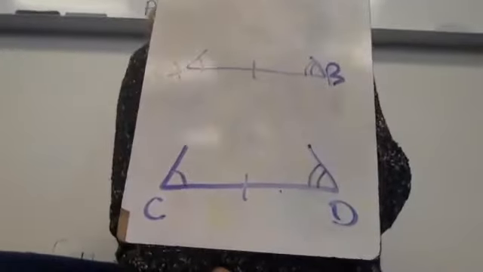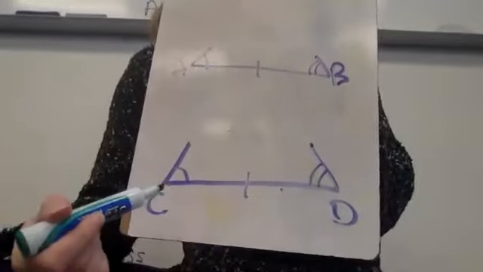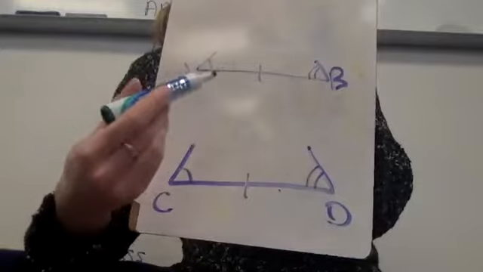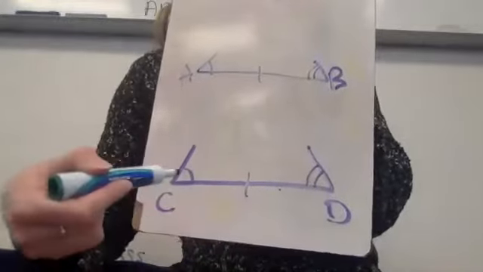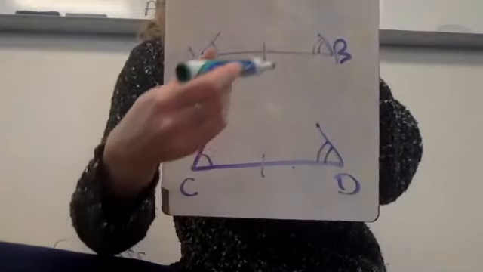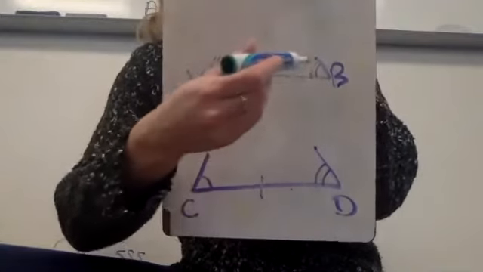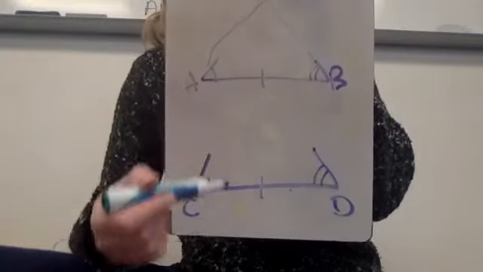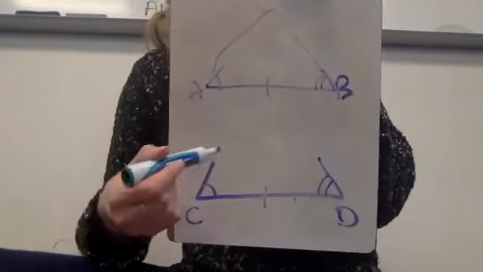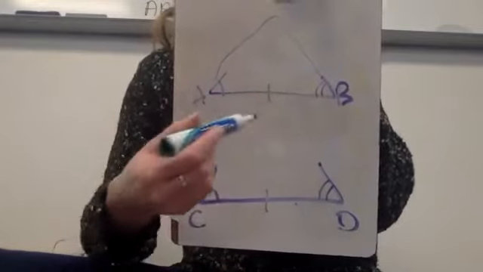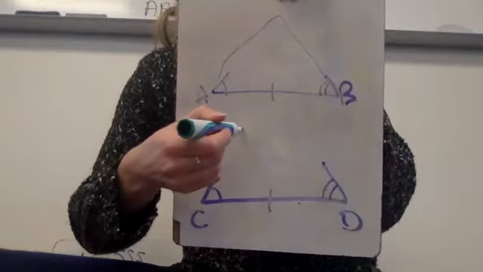Okay, here's your third one. This one is an angle, side, angle. And again, if your angles are congruent, which in this case my symbols are telling me that they are congruent, if I were to finish the lines and draw the rest of this triangle, most likely, well, every time, the lines are going to be the same as long as these are congruent, all right? So again, this is angle,